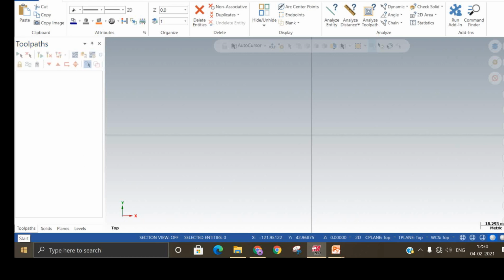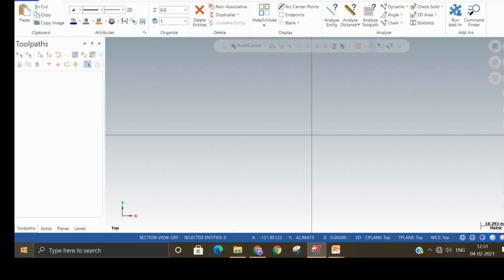Hi, now we are going to see the data translator. So how will the data from some other software be brought inside Mastercam? The data translator means, suppose you have drawn some drawing in AutoCAD, and you want to bring that data inside Mastercam. Directly you cannot bring it. For that, a translator is needed in the software. It will convert the AutoCAD data into Mastercam-understandable data. Okay, so this is called the translator.